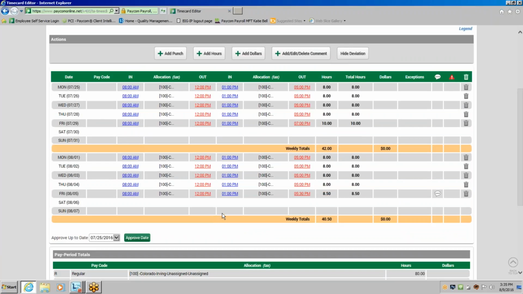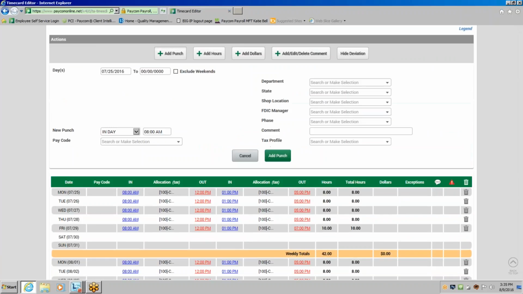I do have the ability to add a punch to the time card as well. So if this employee actually came in on a Saturday and they just didn't clock in for the day for whatever reason, I have these buttons up above the time card to where I can add a punch in for the employee. I do have to select the day if the punch doesn't exist at all. Whenever I select on this, the system does highlight the days that are currently within that pay period to try to help me make sure I choose a day that's currently within that pay period that I'm looking at. I would choose the type of punch